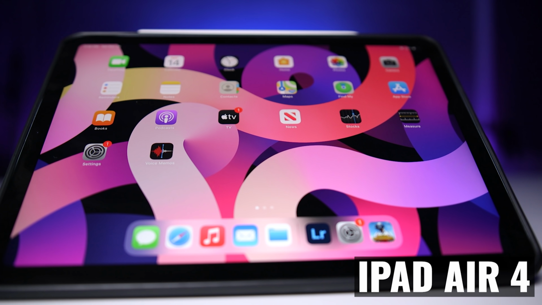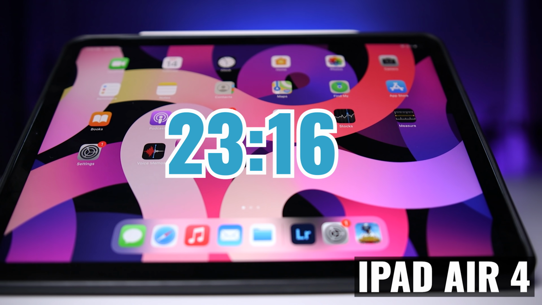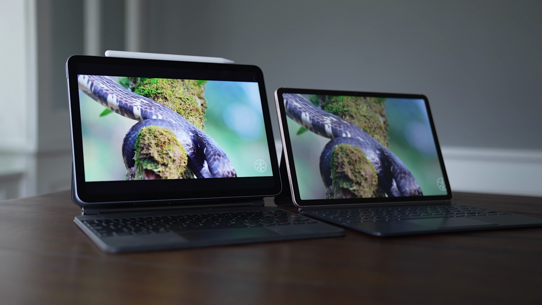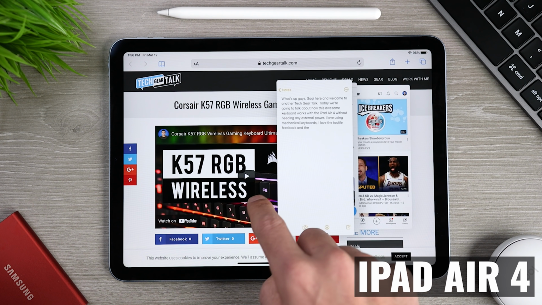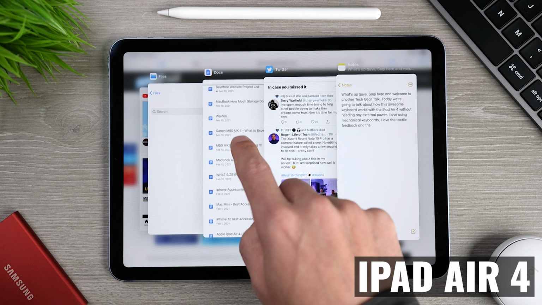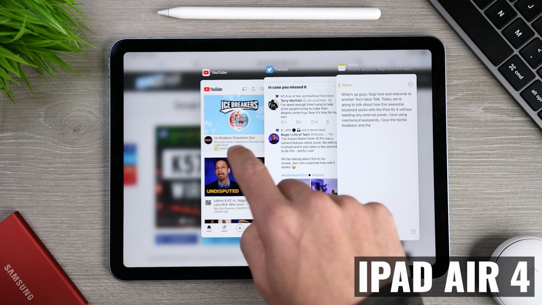The iPad Air 4 has an aspect ratio of 23:16, so it's very close to 3:2. Meaning that you will have larger black bars when you're watching content, but you'll have more width to work with when you're taking notes in portrait mode, and you'll also have a little more height when you're multitasking in landscape mode. Now, speaking of the displays, let's quickly look at the specs and then talk about how they perform for different types of use.